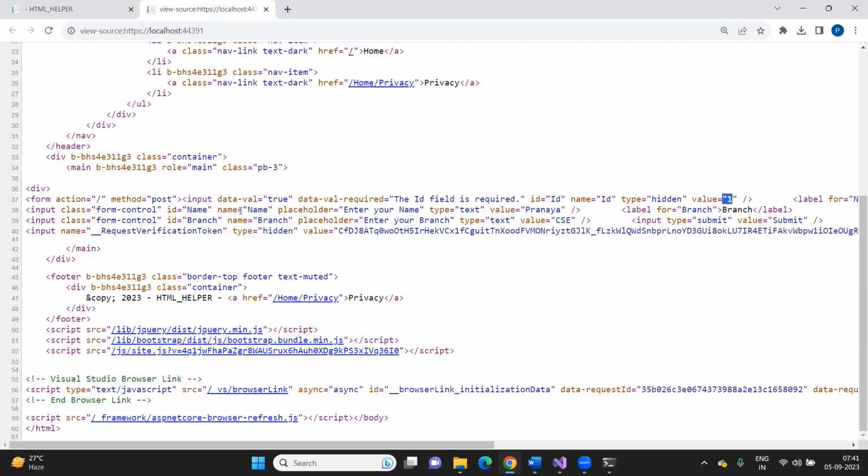Then we have another field with the placeholder. There is an input type text for the name text box and another for the branch text box. Apart from this, you can see this is my input type submit. But as I have told you, to avoid a cross-site request forgery attack, it is also making use of a hidden field. You can see this is my request verification token,